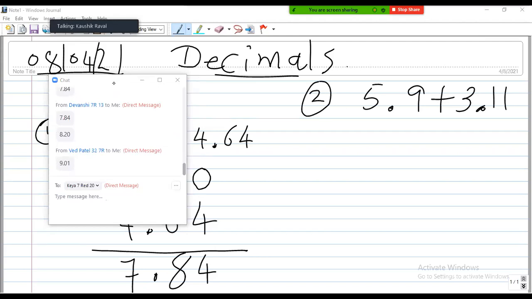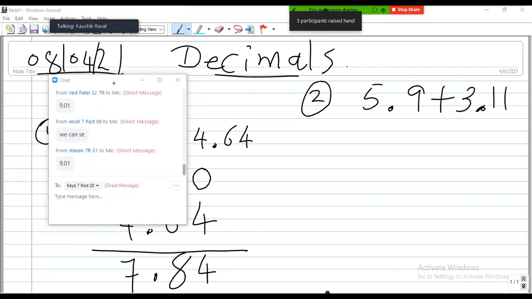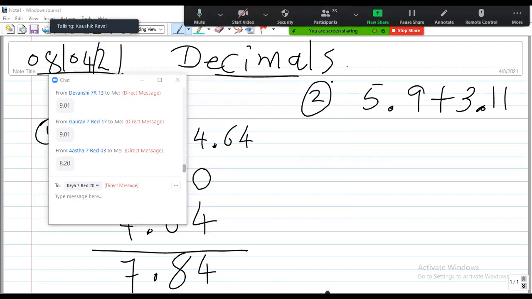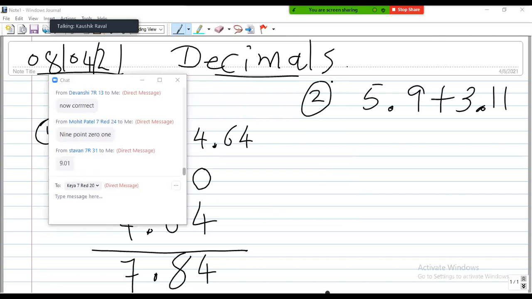Let's see if you are correct or not. Devanshi, incorrect answer, beta. Stavan, Atif, here incorrect. Yes, Arya, correct. Anshi Singh, I cannot see. Beta, try to leave the class and join in again if it works for you, because others are able to see it. Astha, no. Okay, yes, correct.